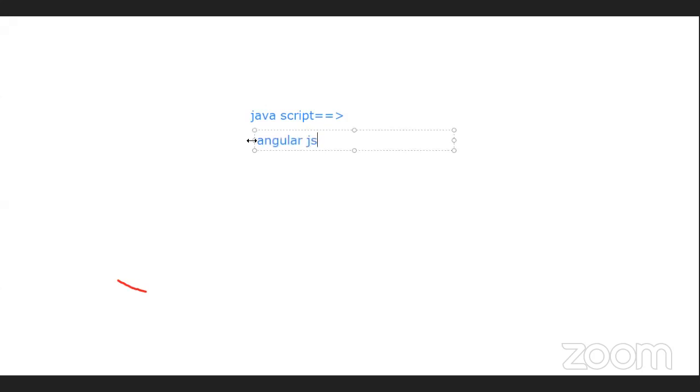AngularJS is an advanced concept related to JavaScript. It is supported both on the client side as well as the server side. So what do we have on the server side? For example, if you go for server side validation,